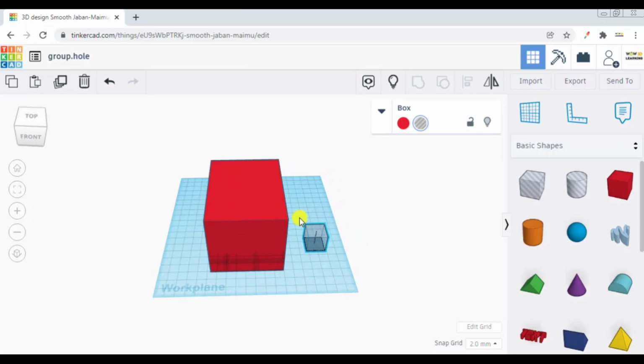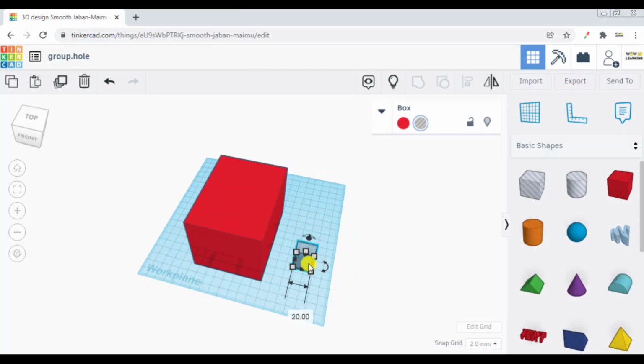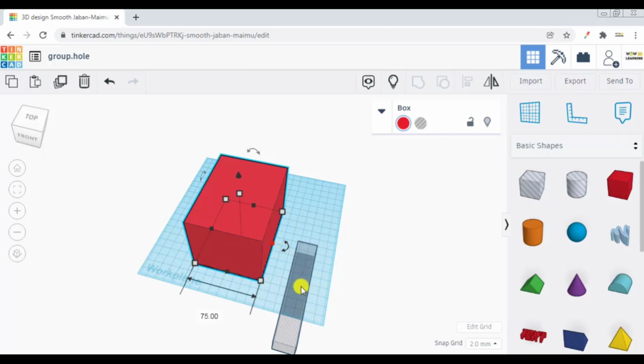Now what I will do is I will increase its length and width as per the box. So it should be inside this red box. So this length is 100. While making hollow, always try to keep the length more than desired. I will keep it 110. I will tell you why. This is 110 and width of our box is 75. So we will give it 65.